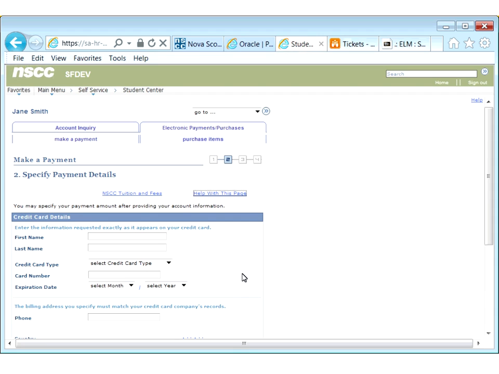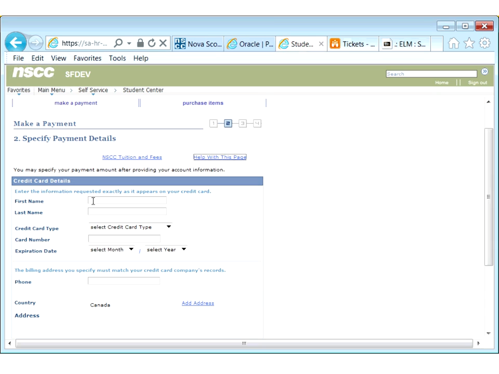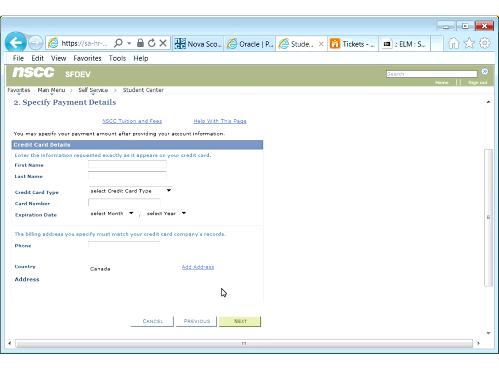On this screen, all the fields are mandatory to be filled in. Enter the first and last name of the credit card holder. Enter the credit card type from the drop-down menu, the credit card number, the expiry date, the phone number of the credit card holder, and enter in the address, again, of the credit card holder. Once this is all filled out, you can click the Next button, and it will take you into step 3,